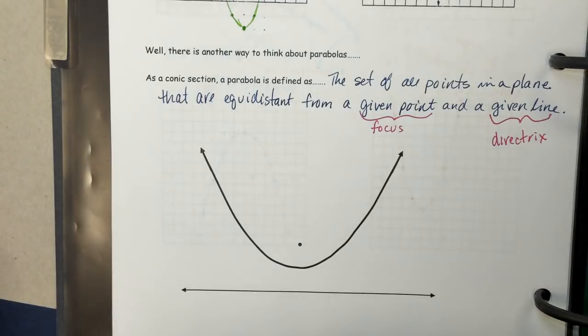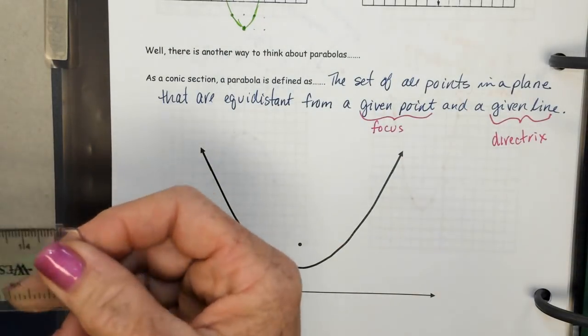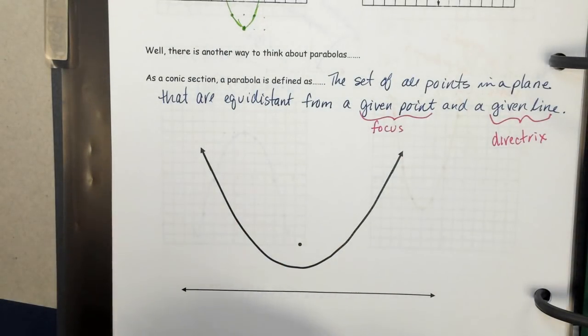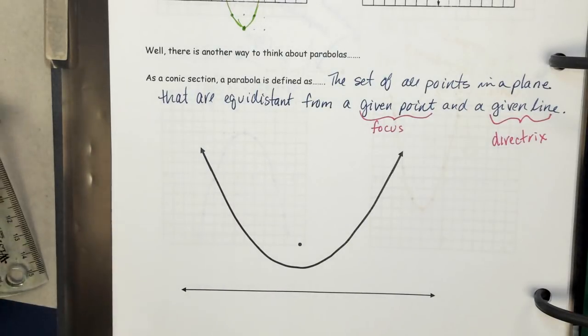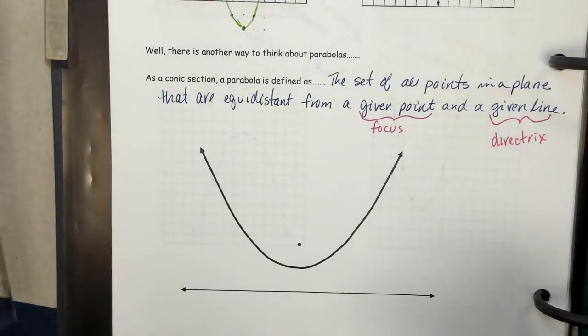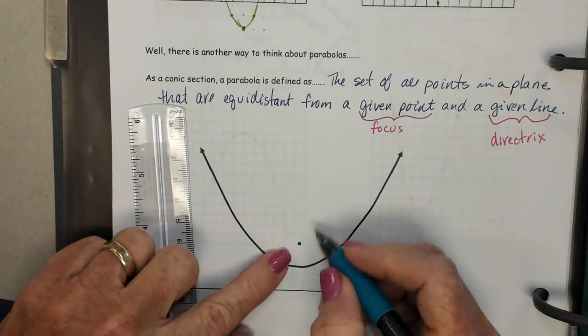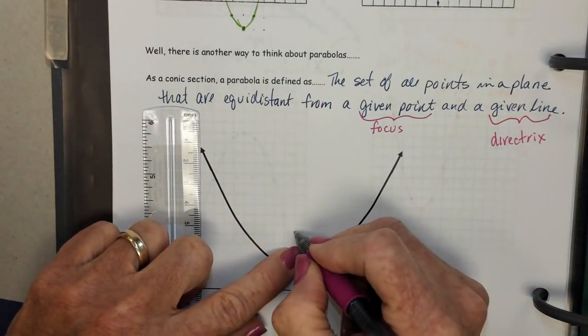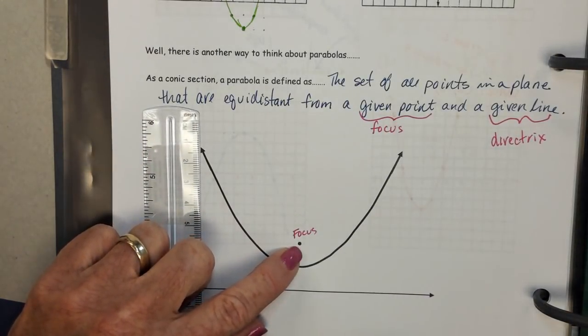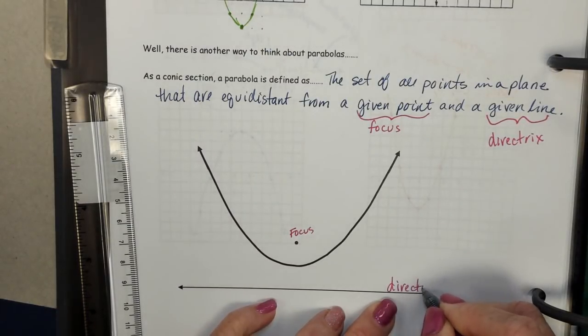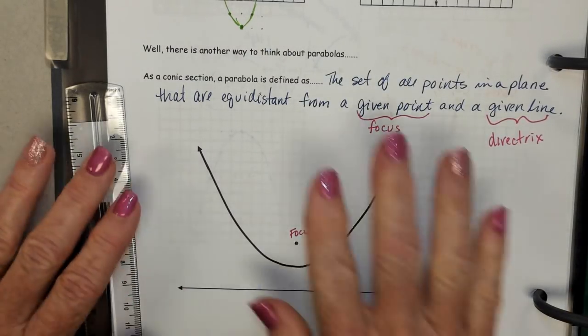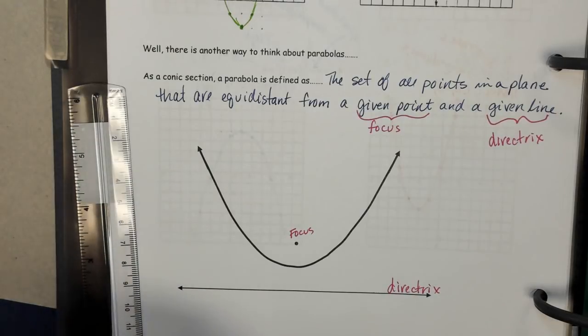If you grab a ruler here, my diagram sadly is off a little bit, and I didn't have time to fix it before I had copied your notes. So we're just going to have to use our markings here. This point right there, the given point, that's the focus. This line down here is the directrix. So this definition says any